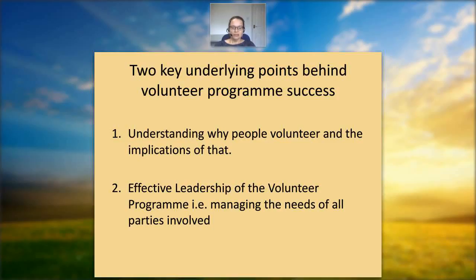And I'm using the word leadership there instead of management. I think that this effective leadership most often sits within the role of the volunteer manager, the volunteer coordinator. It's effective leadership. You're the champion for that volunteer programme. And what needs to happen there is that all the needs of the parties involved need to be managed. I'm going to say a bit more about that